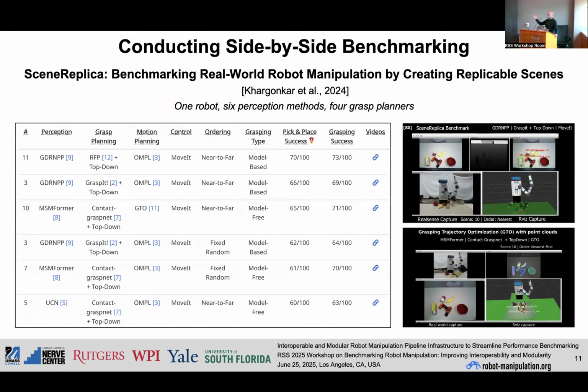And this is not our work, but the Scene Replica project out of UT Dallas is another example of this type of methodology being utilized elsewhere. To my knowledge, this group is not necessarily using this built-from-the-ground-up modular pipeline to conduct their benchmarking, but they've done all of this benchmarking where they change out perception, grasp planning, and motion planning in order to compare and contrast all of their methods together. So it is at least encouraging to see that this mindset of making things modular and interoperable to improve benchmarking is not unique to us,